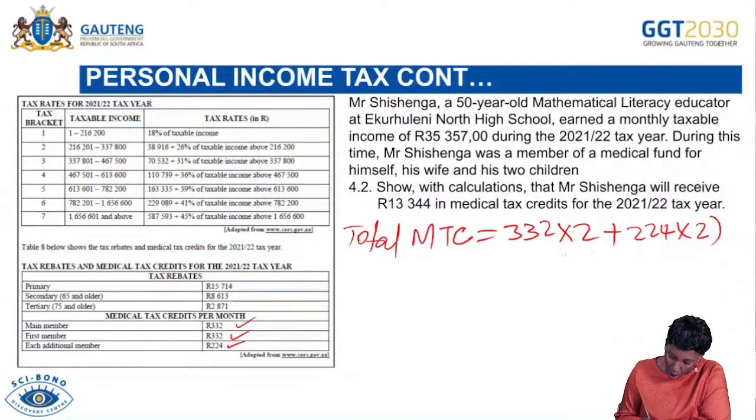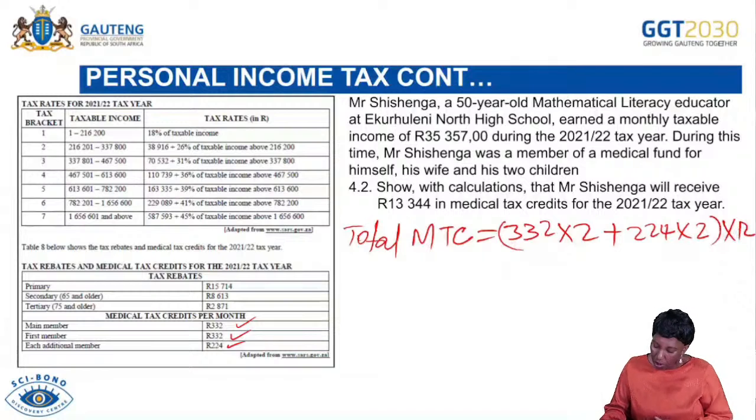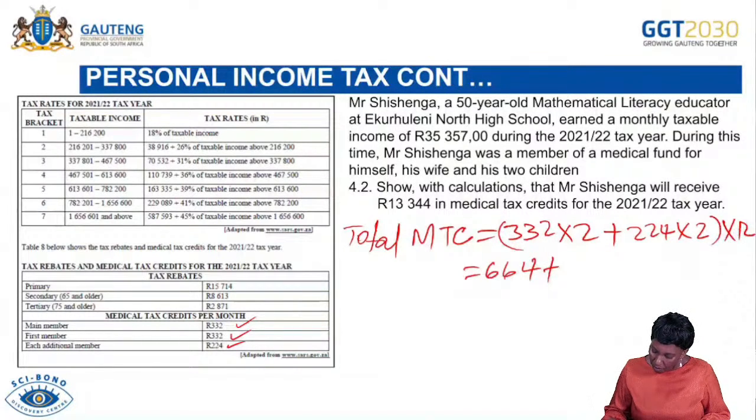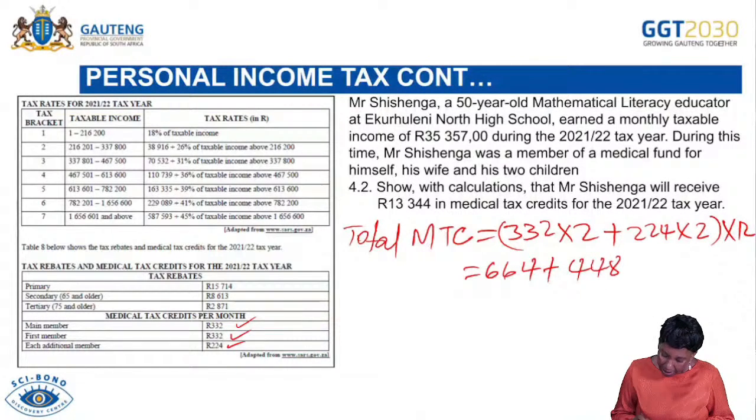Times 2. All this, because it's an annual, I multiply it by 12. So let me quickly do it. It's 332 multiplied by 2. It will give me 664 plus 224 multiplied by 2. It will be 448 plus 664. The total, it is